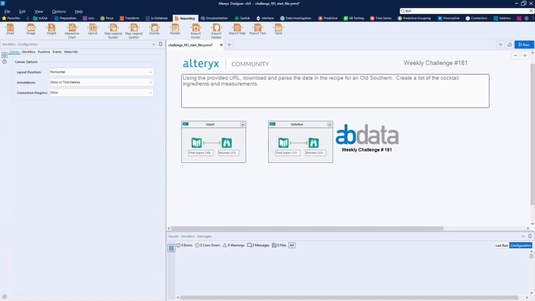Today we're taking a look at a weekly challenge. We're going to be looking at weekly challenge number 181, where we are going to use a provided URL, download and parse data for the recipe for an Old Southern, and we're going to create a list of the cocktail ingredients and measurements. So the first thing that we want to do when we do a weekly challenge is